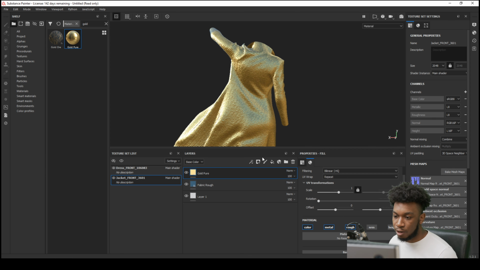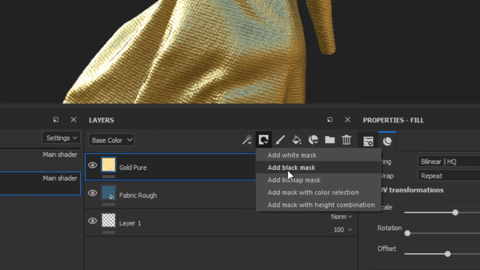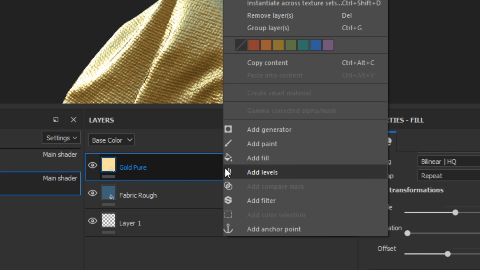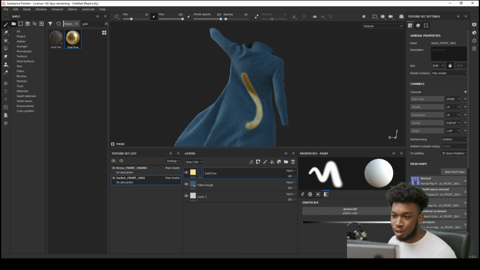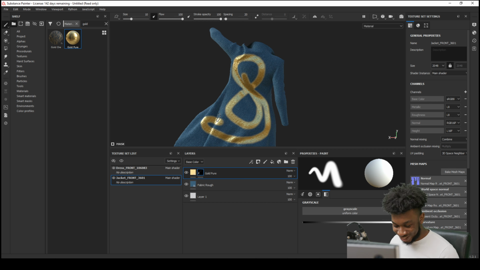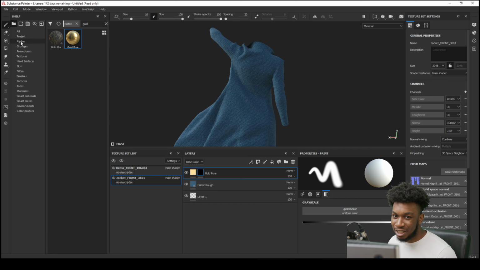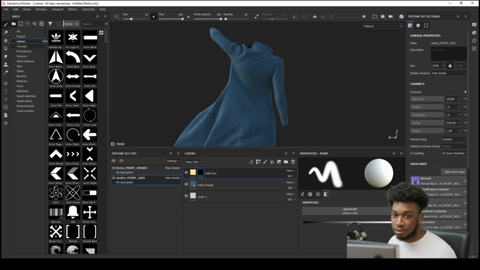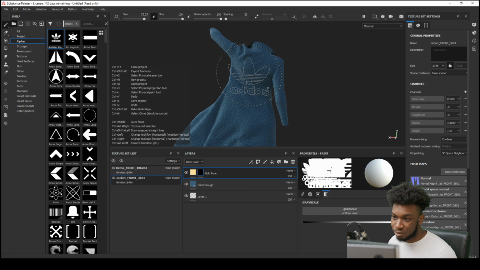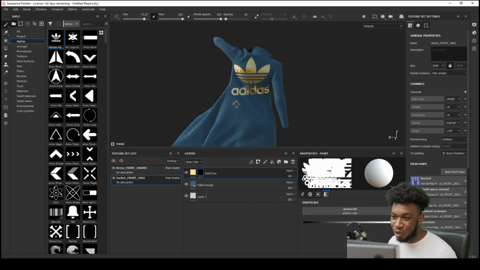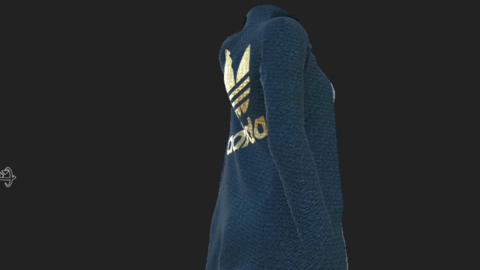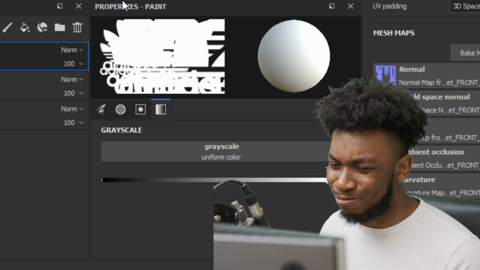So there's two ways to do it. The first way is navigate to here and go add black mask, or you can right click on that specific layer and add a black mask too. Once you've done that, you can see that if you start drawing, it will only draw the new material. You see where I'm going with this? So the next thing you need to do is go to your alphas or whatever you saved and click onto your logo, scale it up, bang. And now we have it in the gold material, which we had before, which is